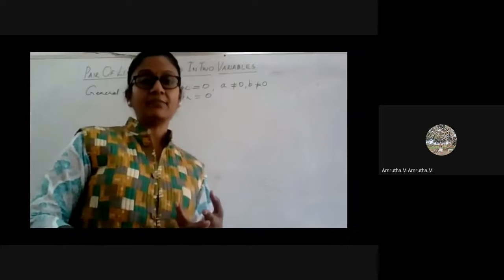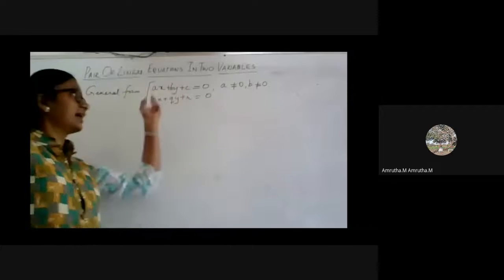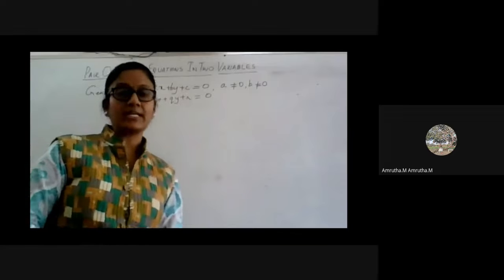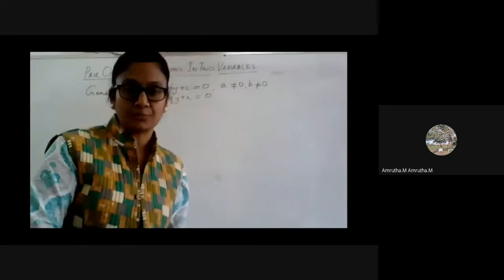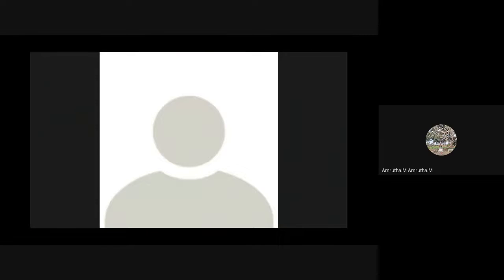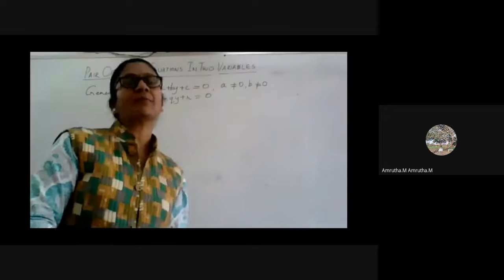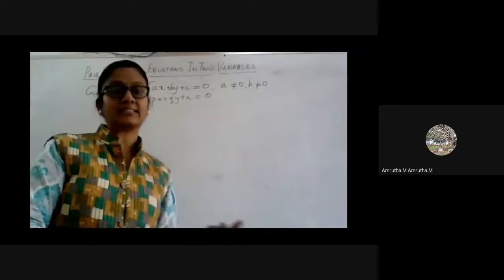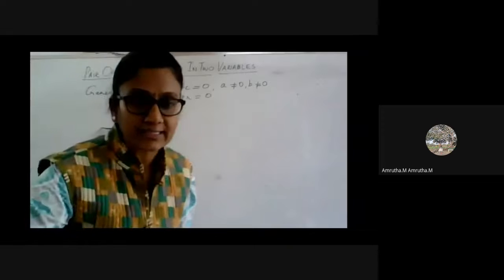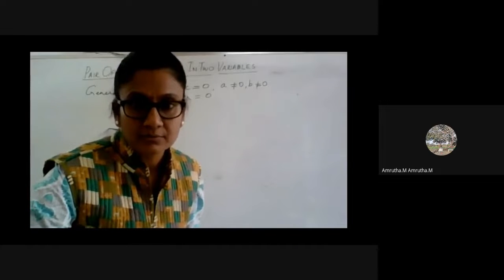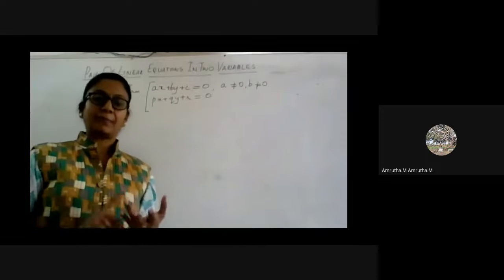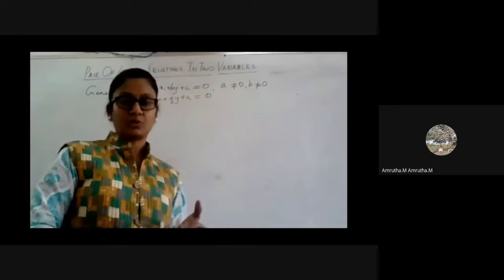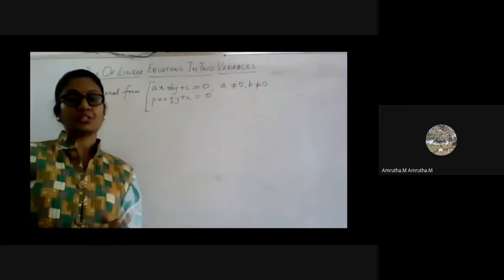Second case, you may have parallel lines occurring. When you plot the graph, it is not always necessary that you will get intersecting lines. In some cases, we may have parallel lines also. In that case, how will you find the solution? Yes, no solution. You have to simply say that there is no solution for that set of equations because they are not at all intersecting. So if there are parallel lines as the graphs of these equations, then there is no solution at all.